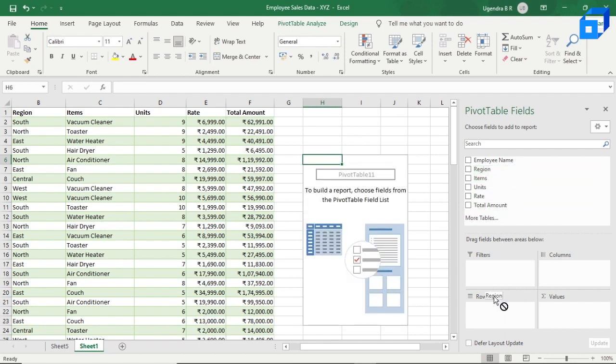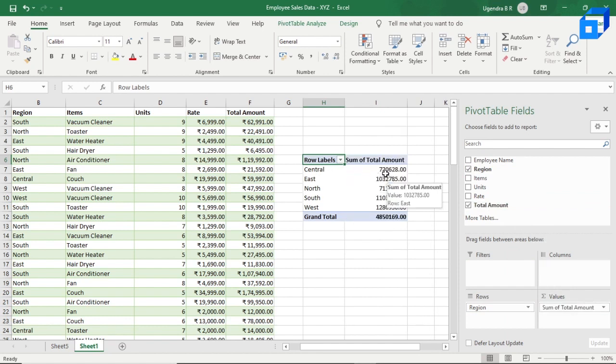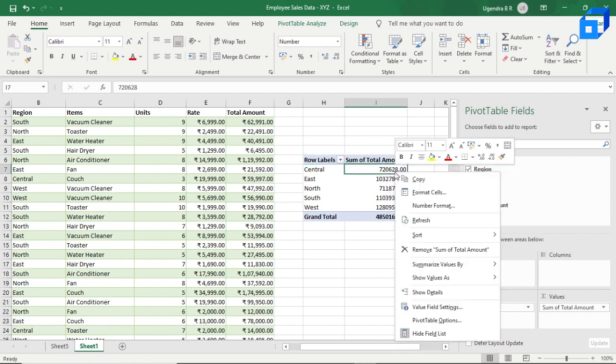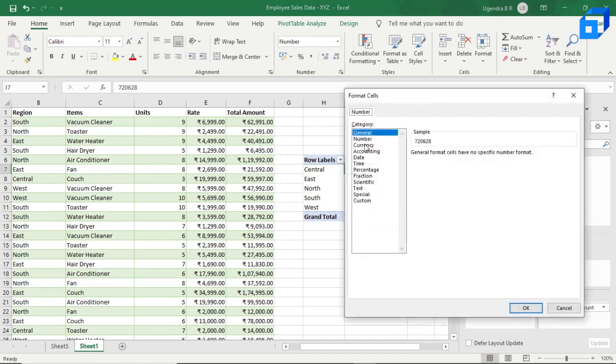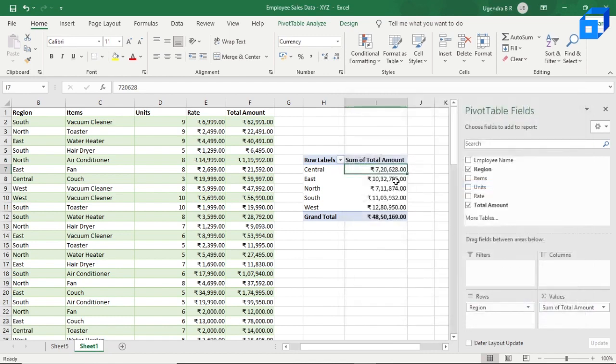Let's drag and drop that, and in the values, we need the total amount. As you can see, Central has 7,20,628. Let us format it now: number format and currency. This is another way to format using the number format option.